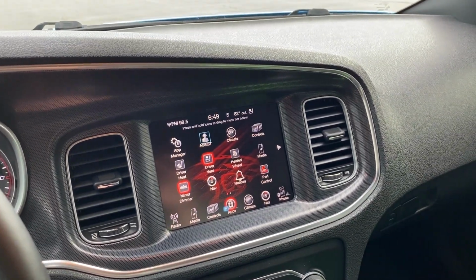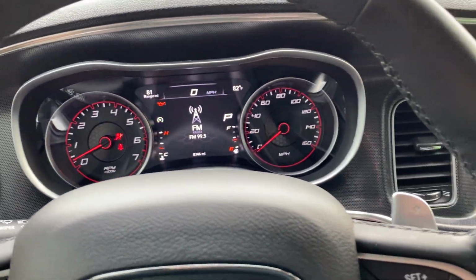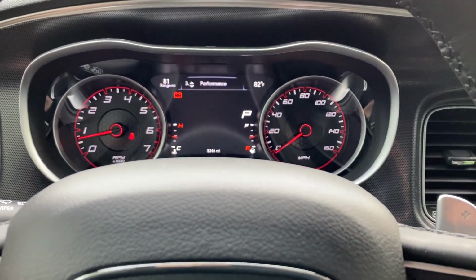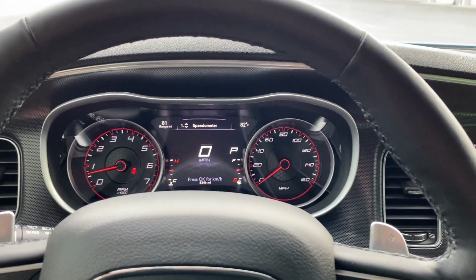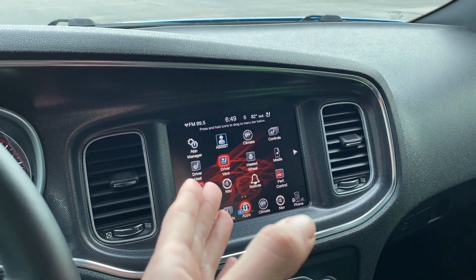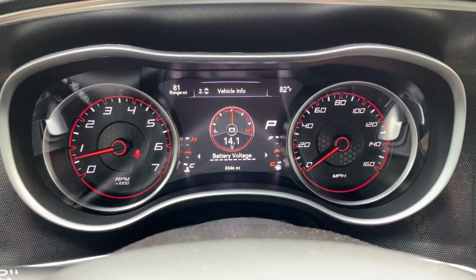It also allows you, there's a lot of stuff that you can do, and I wouldn't be able to list everything, but let me show you guys some of the fancy things that this little device can do. So factory, this car did not come with the performance pages. It did not come with the performance pages either on the Uconnect screen or in the gauge cluster, but with the Taser, I've been able to